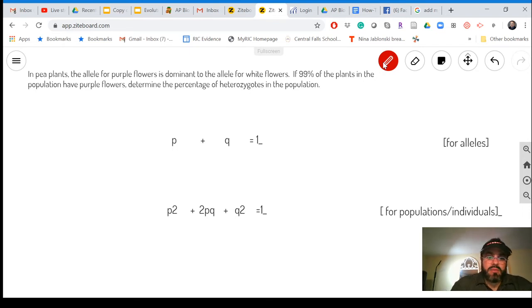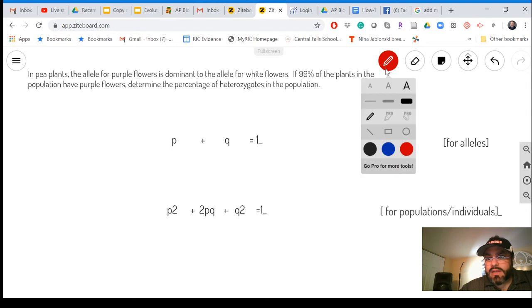I already did. P plus Q equals 1. P squared plus 2PQ plus Q squared equals 1. And I apologize that this 2 should not be a regular 2. This should be a square, but it didn't copy that way. So I want to remind you also that this P up here, imagine that this P is the same thing as